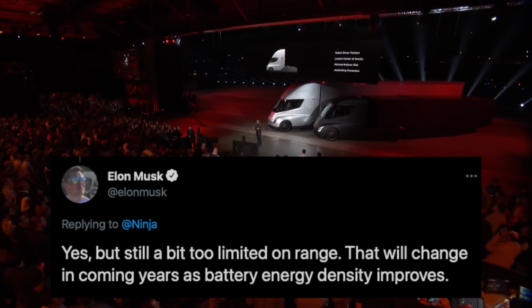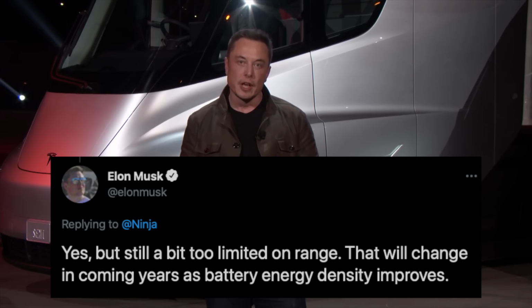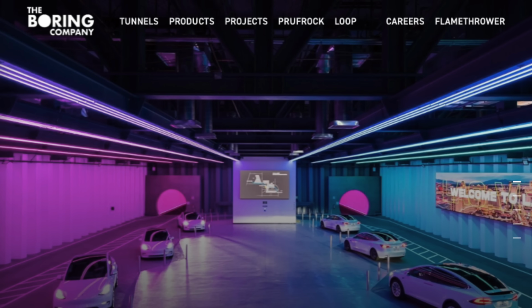Elon Musk has talked about electric planes, saying that they are possible. Quote, "Yes, but still a bit too limited on range. That will change in coming years as battery energy density improves." However, he isn't on board for flying objects in an urban environment. There, to help with transport and alleviate traffic, he thinks tunnels are the best option, which is why the Boring Company exists. The closest I see Tesla getting to working on electric planes in the near future would be if